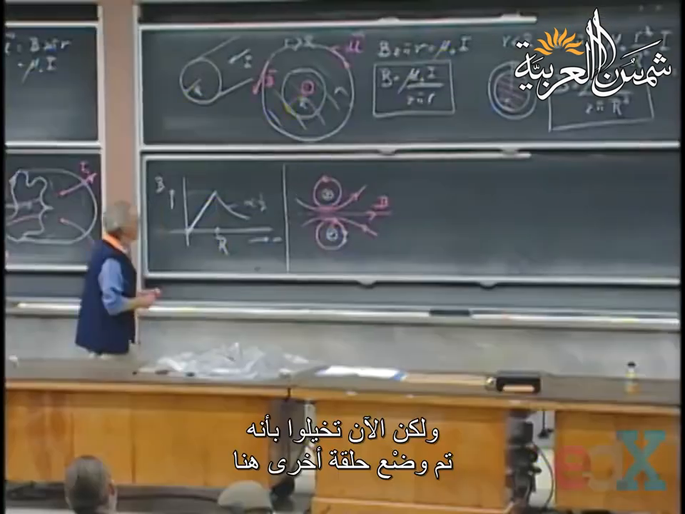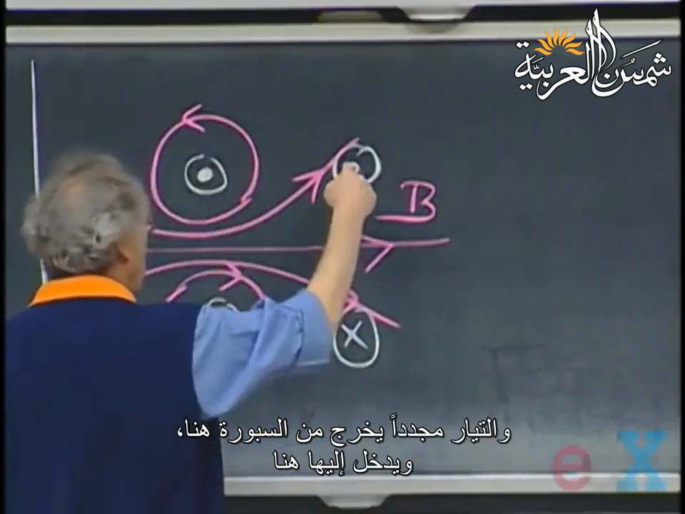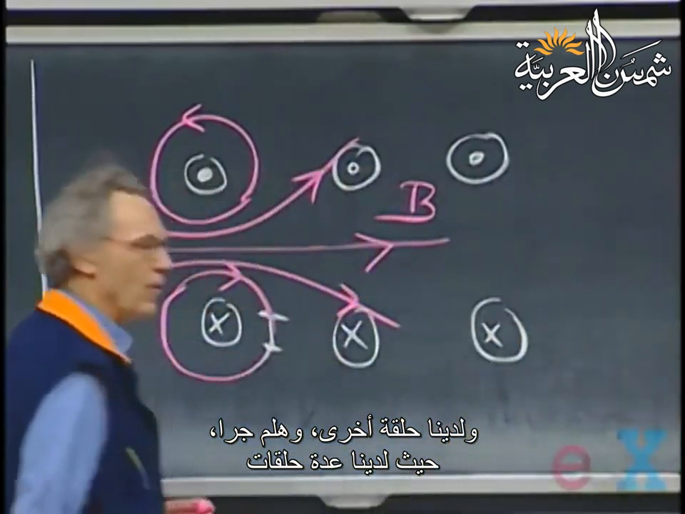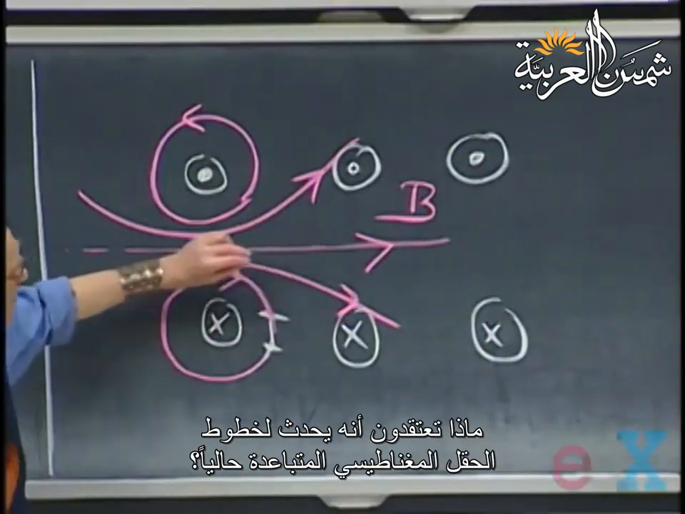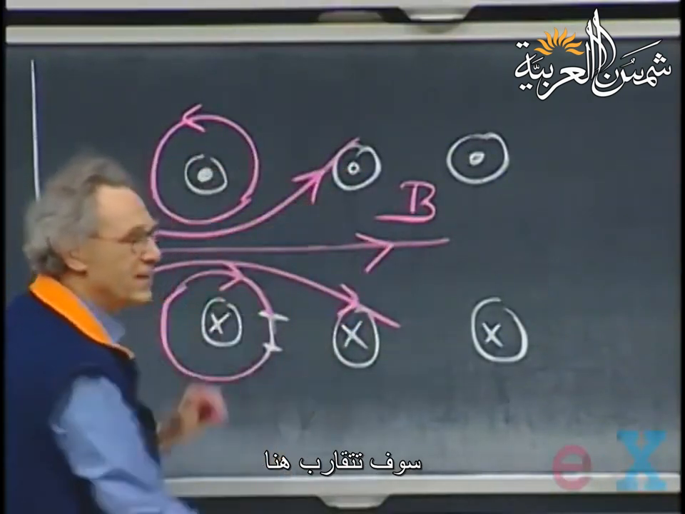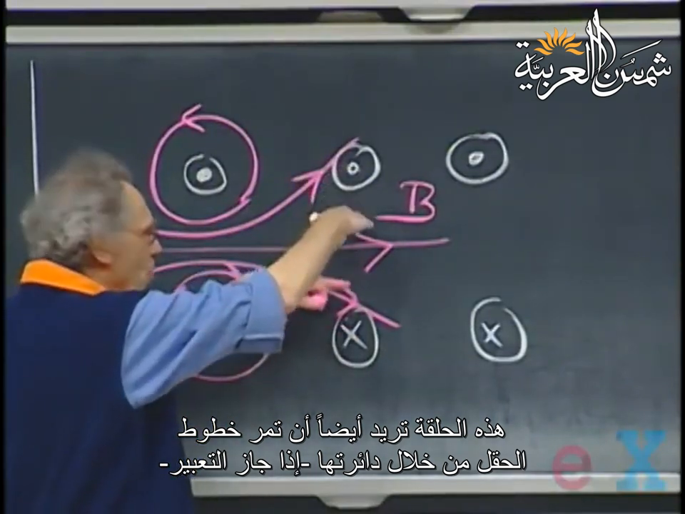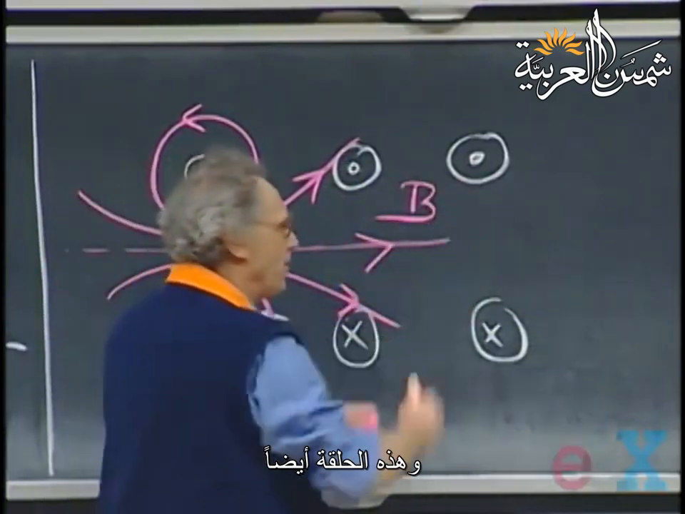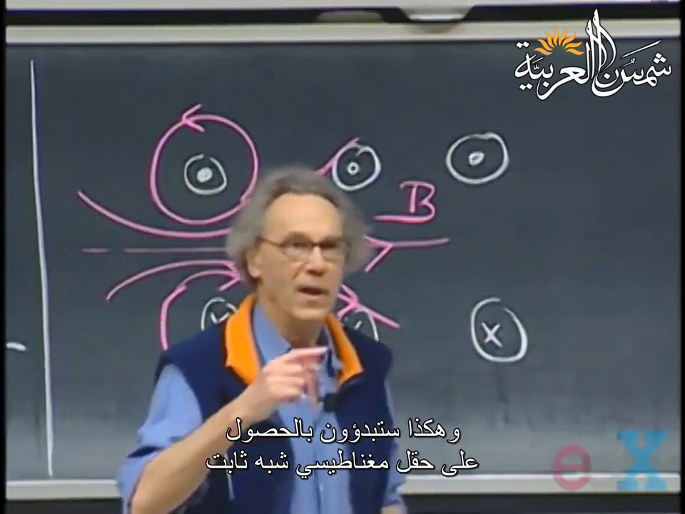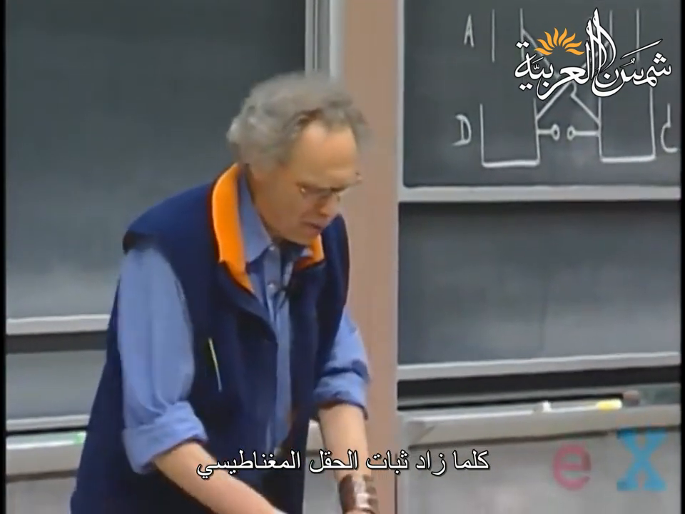But now imagine that you put another loop here, current again coming out of the blackboard and going into the blackboard, and another one, and so on, several. What do you think is going to happen with these magnetic field lines which now diverge? They're going to be sucked in here. This loop also wants the field lines to come through its circle, so to speak, and this one too. And so you're beginning to get a near constant magnetic field. And the more tightly these loops are wound, the more accurately